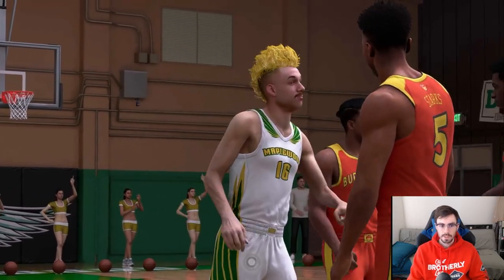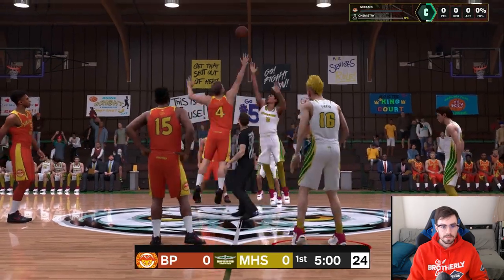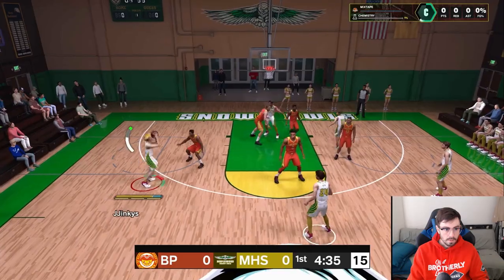Alright, let's get into our first game. Let's go. Win and outperform Kobe Starks. In teammate grade, win, outperform Kobe Starks, outscore him by 5 points. Cool. Does it give us any of our stuff? Whatever. I need to change my...